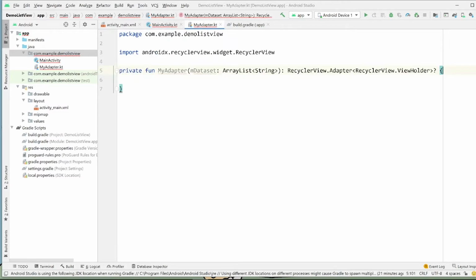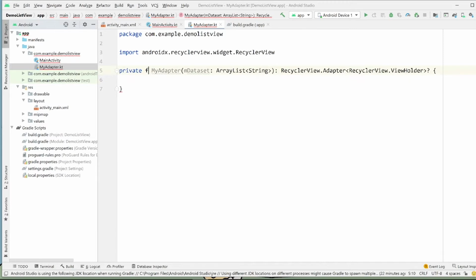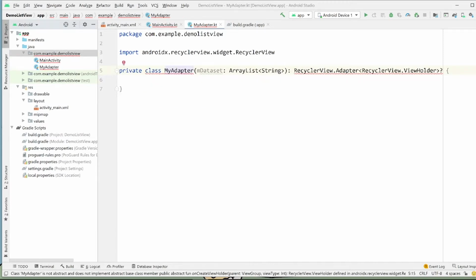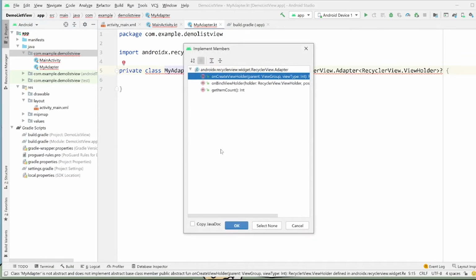Did I spell it wrong? Let me do that again. Right. Sorry. And the nice thing about Android Studio is it will ask you to implement the unimplemented functions.